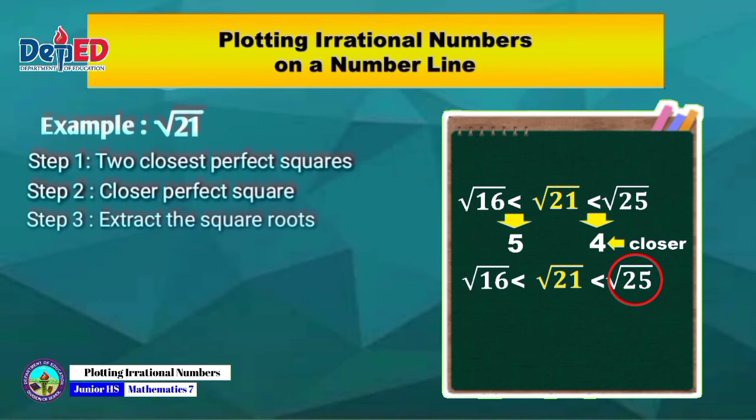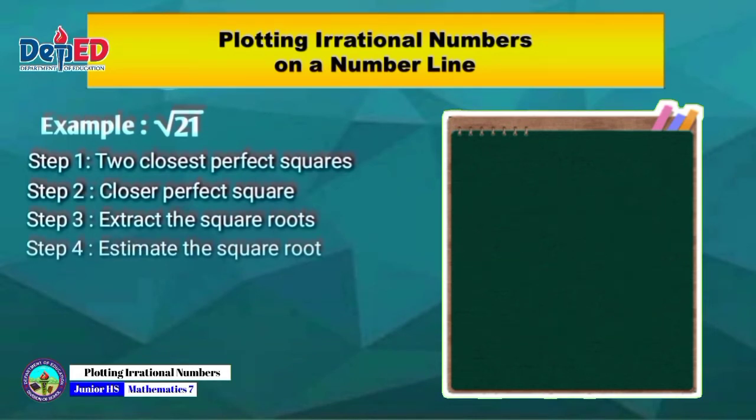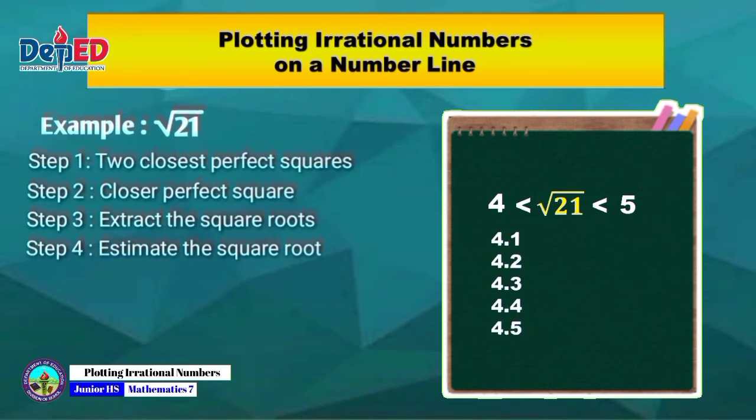Step 3. Extract the square roots. Square root of 16 is equal to 4, and square root of 25 is equal to 5. So, the two consecutive integers are 4 and 5. Therefore, square root of 21 is closer to 5. Step 4. Estimate the square root of the given number. If square root of 21 is closer to 4, we can use these values. And if square root of 21 is closer to 5, we can use these values. Since square root of 21 is closer to 5,